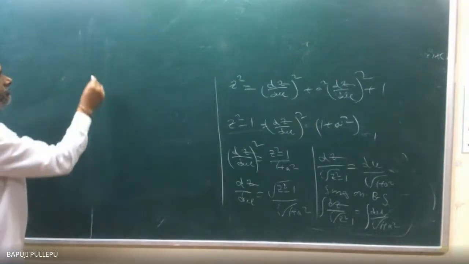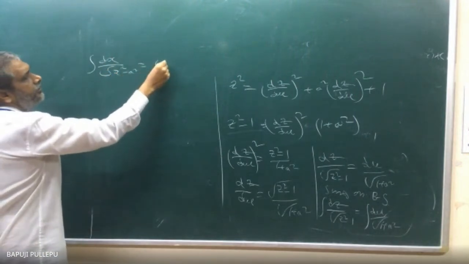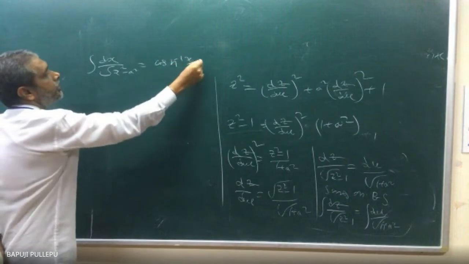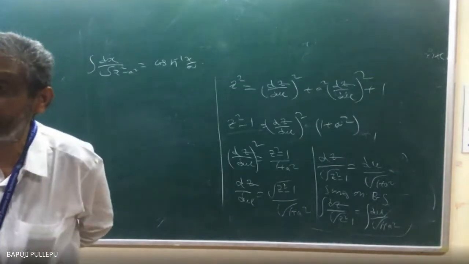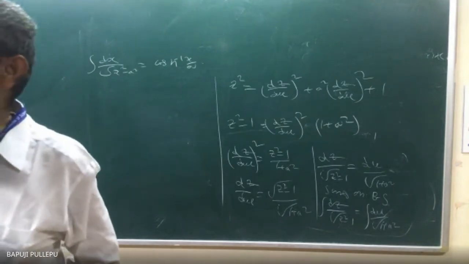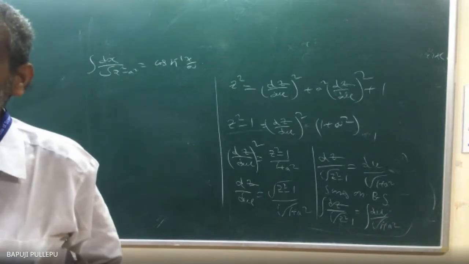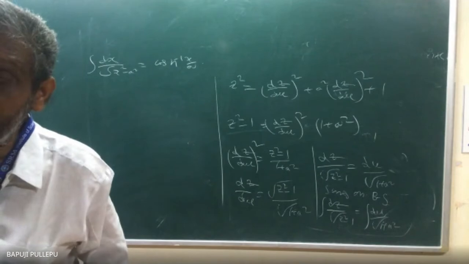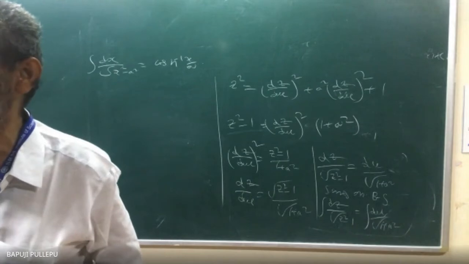Then you can write dx by square root of x square minus a square equal to what? Cos h inverse. Cos h is one term, don't separate it. Hyperbolic function is called an infinite exponential function. Sin, cos, tan are what? Circular functions. If you rotate 360 degrees, the same value comes. Hyperbolic is not like this. It is exponential, it goes up to infinity, you cannot stop. So this is called a hyperbolic function. Sin, cos, tan are circular functions; only if you go round 360 degrees, the same value comes after 360.